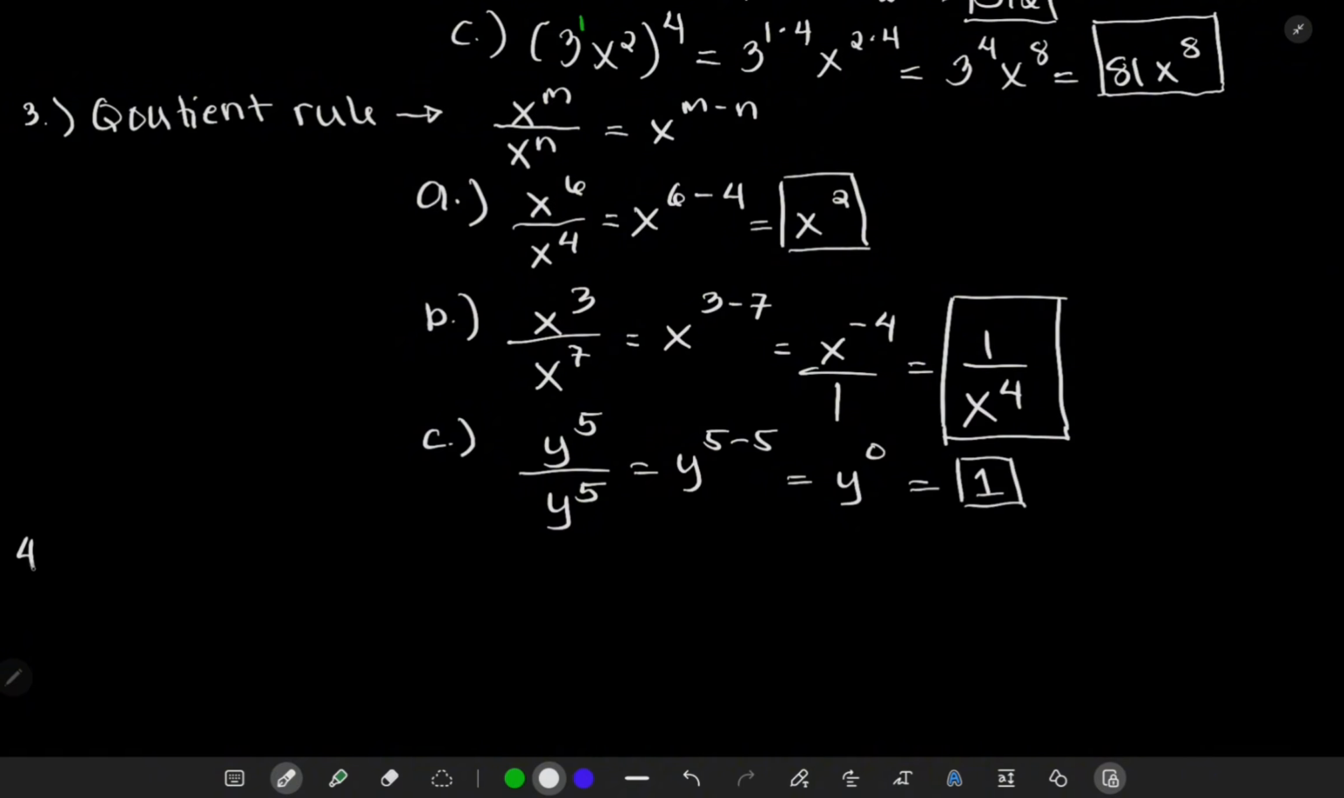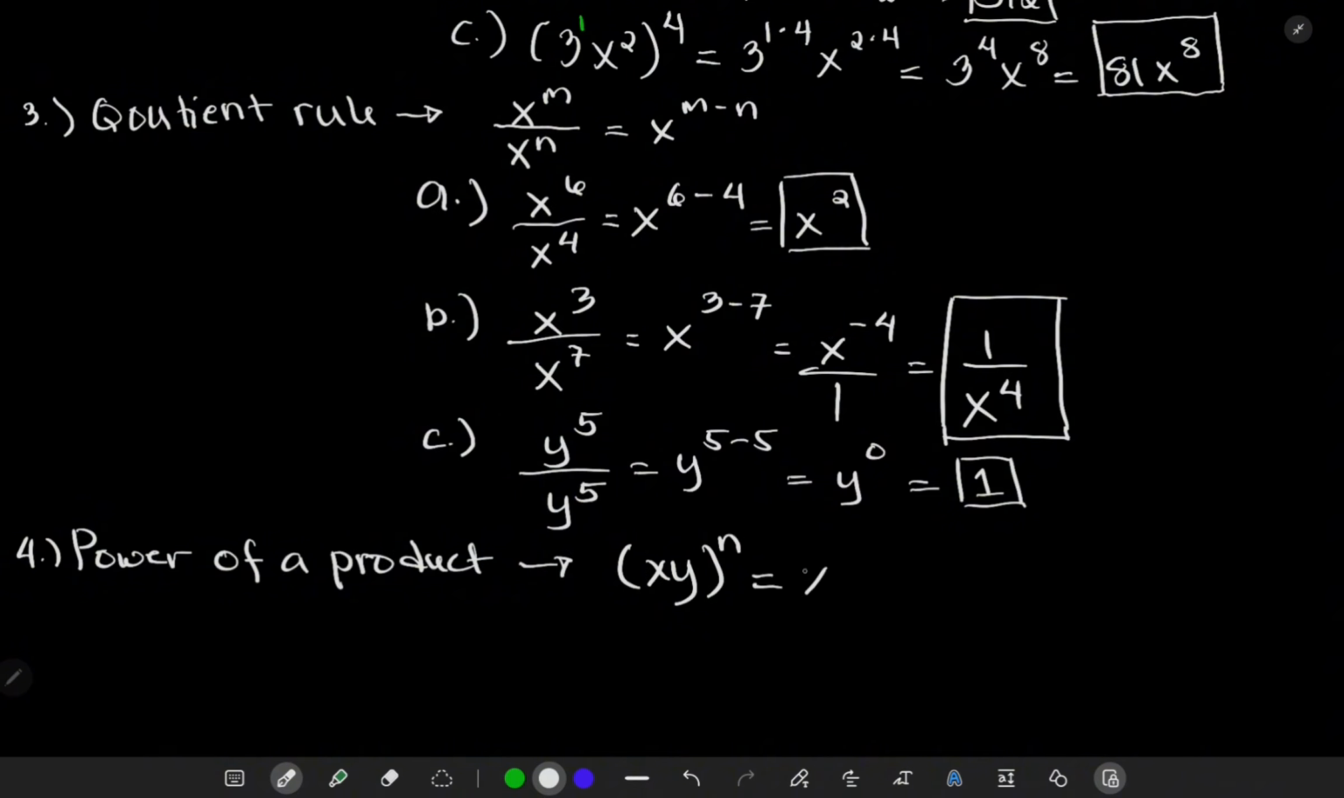And then for number 4, we have the power of a product. So let's say if we have x raised to y, or the quantity of x, y raised to the nth power, so that is equal to x raised to n, y raised to n. So for example, if we have the quantity of xy raised to the third power,